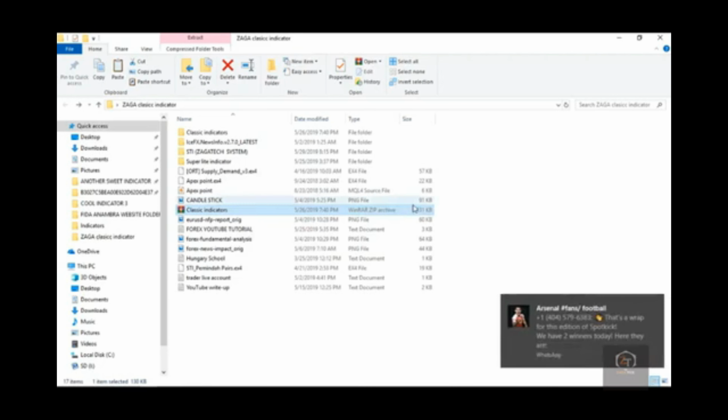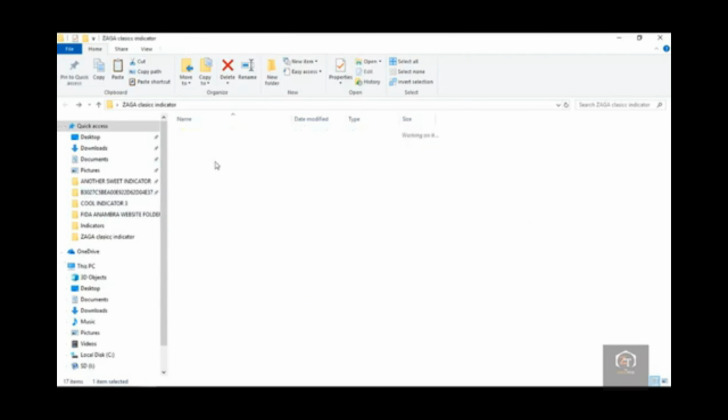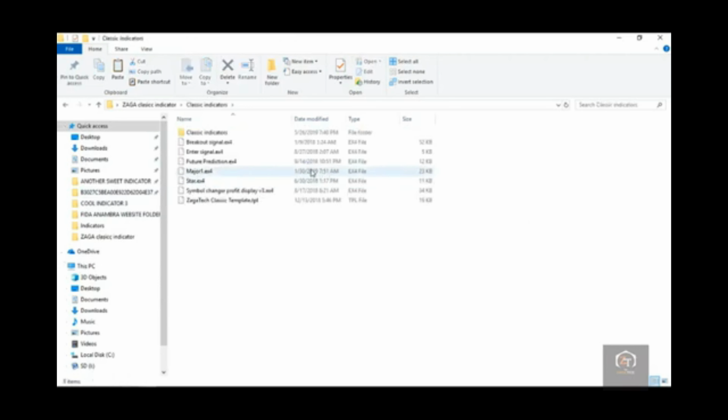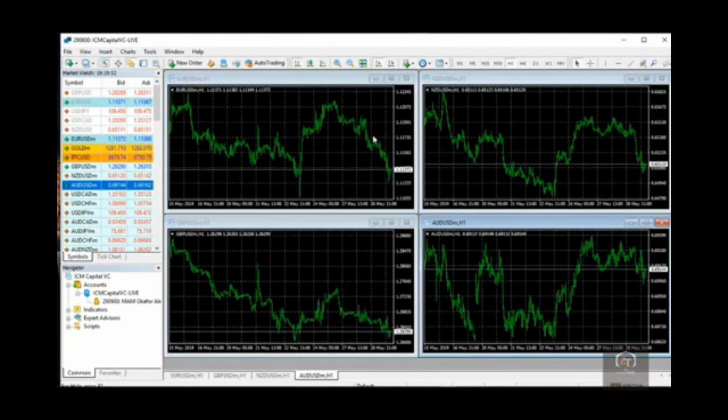After the extraction, that's the file here. That's done extracting. That's the file here, and this is the indicator I want to install. Now, the first thing I need to do is open up my MT4. This is my MT4. Then on the left hand side, I have to hover over to the File menu,